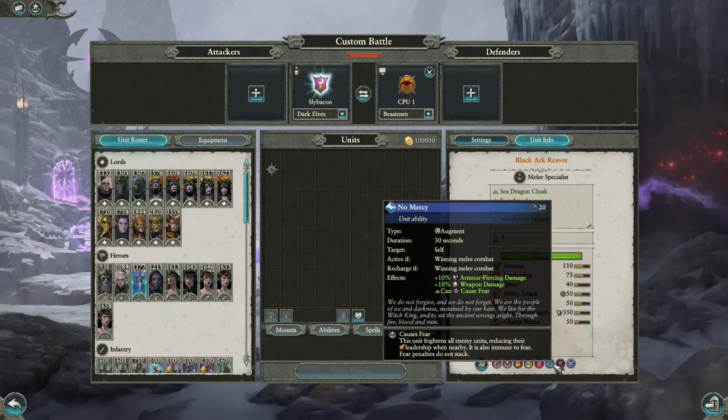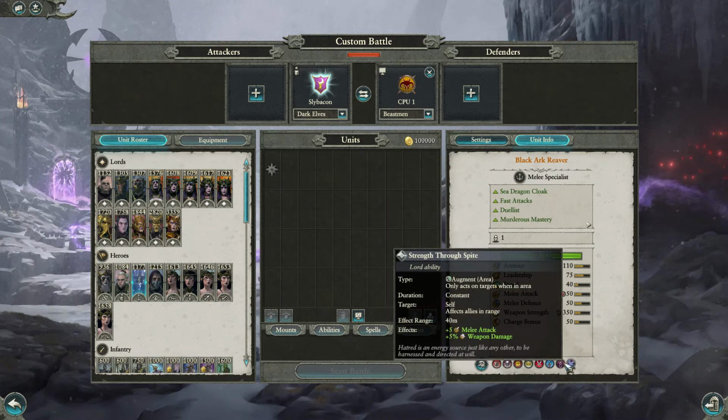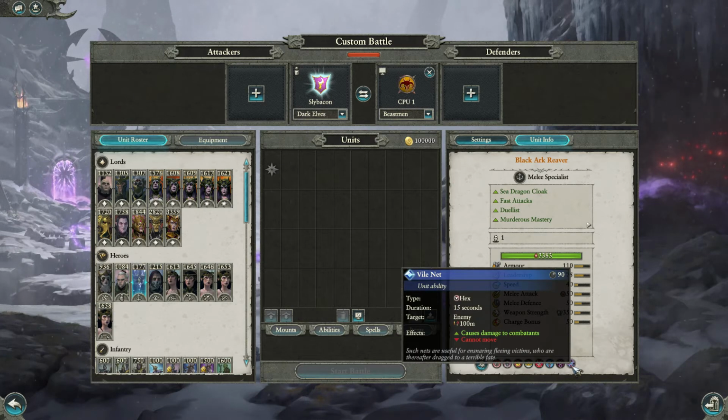So if he's winning, he gets extra damage. Oh, nice. And can cause fear. Well, they can always cause fear anyway, so that one's kind of whatever. Strength through Spite. He's constant. Affects him and allies within range. Plus 5 melee attack, plus 5 weapon damage as well. He also has a net ability. Oh, that's good, obviously, if he's trying to chase somebody, I guess, because he doesn't actually have range to actually